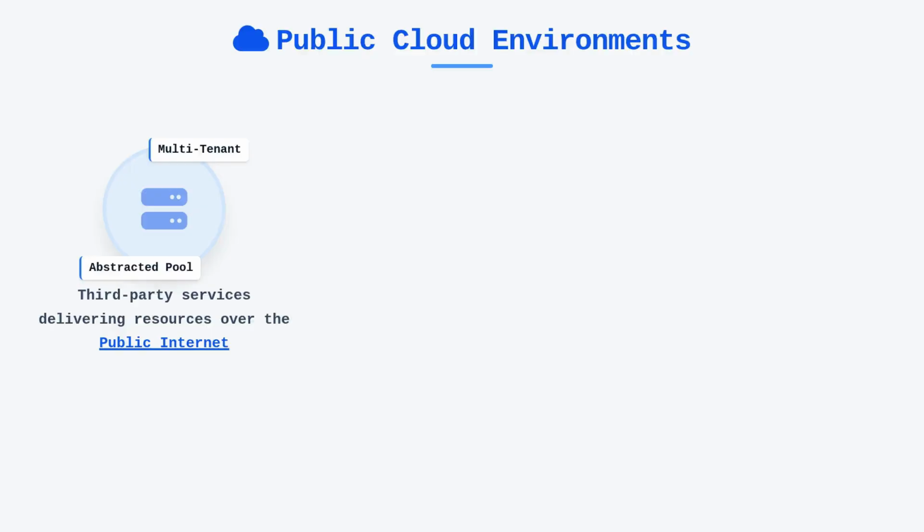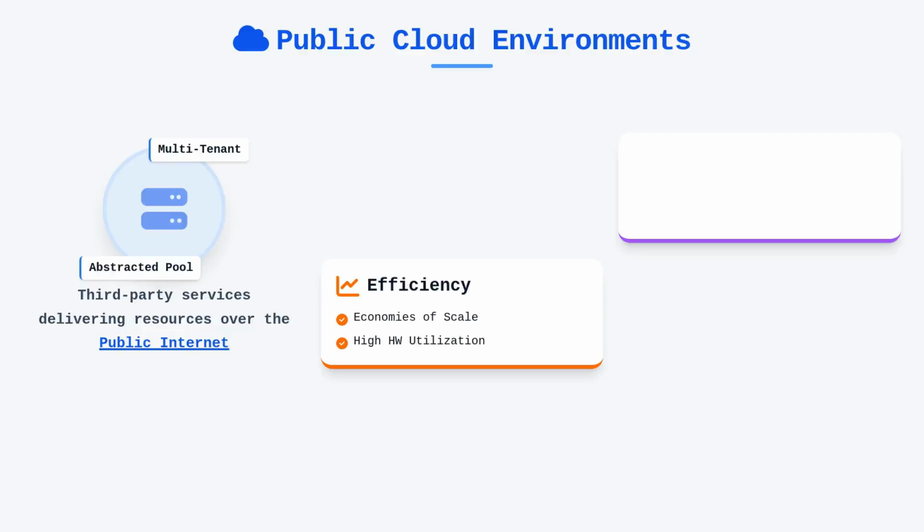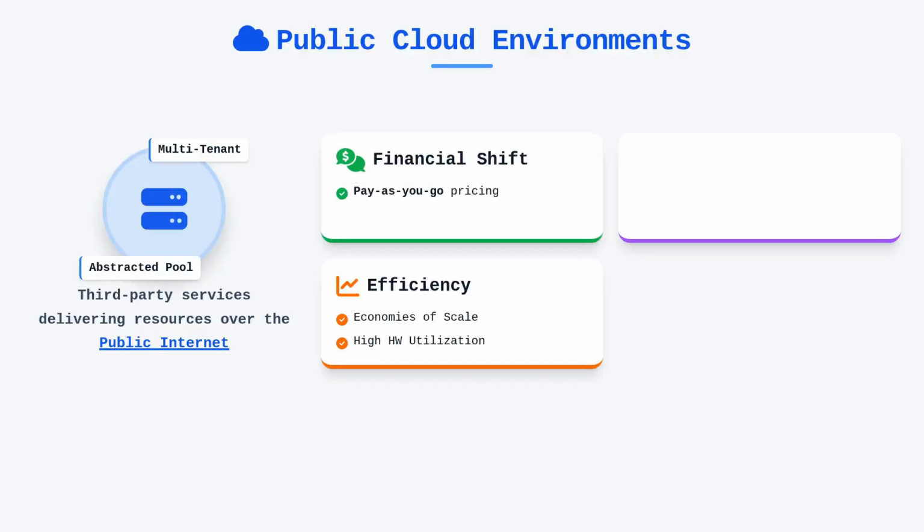When you opt for a public cloud, you are essentially renting space in a massive, abstracted infrastructure pool, which benefits from economies of scale that few individual organizations could replicate on their own. This model is synonymous with a pay-as-you-go pricing paradigm, shifting the financial burden from large, upfront capital expenditures to predictable, ongoing operational expenses. Because the provider manages the hardware, networking, and maintenance, public clouds offer incredible agility and almost instantaneous